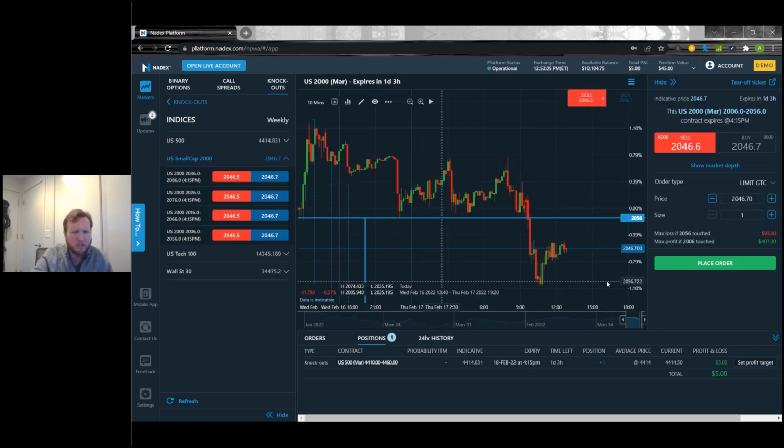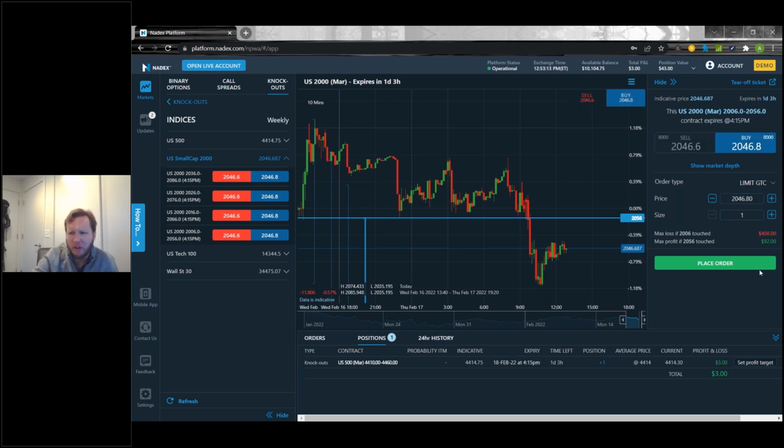So I just brought up a sell side contract. It's going to be this top one. And so if I get it on the sell, this is just to show that it's going to be the opposite of buy, right? So on the buy side here, if it's 2046.80, let's just do an even number here. Let's do a 2047. Actually, let's make it even easier. Let's do 2045, right? So I have the ceiling of 2056, and I have a price right here of 2046, right? I'm going to have to pay $400 to do a price of 2046 for a maximum profit of only $100